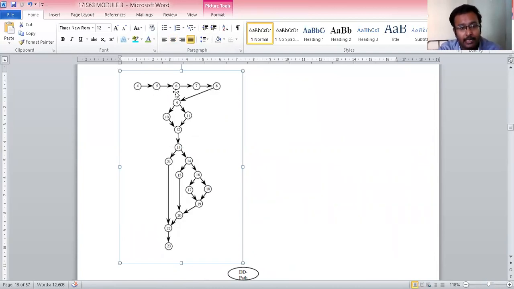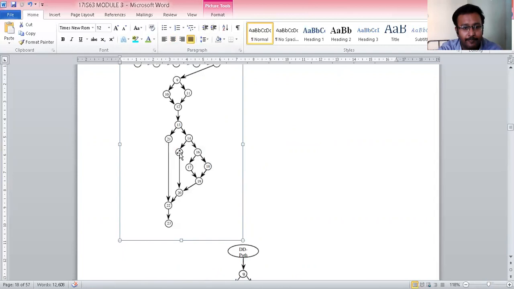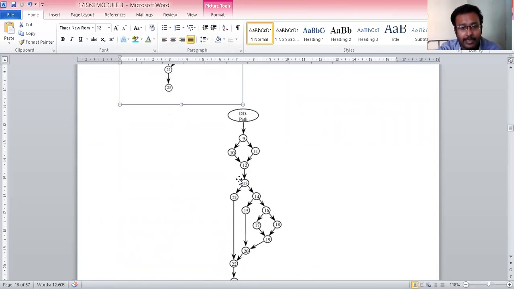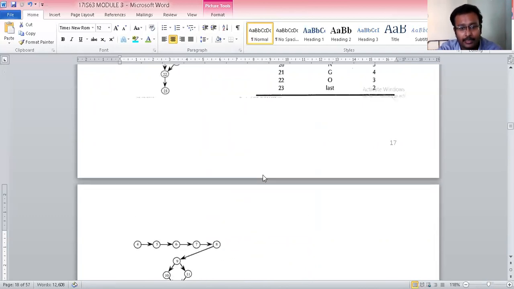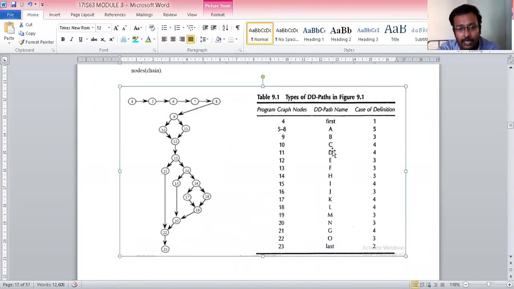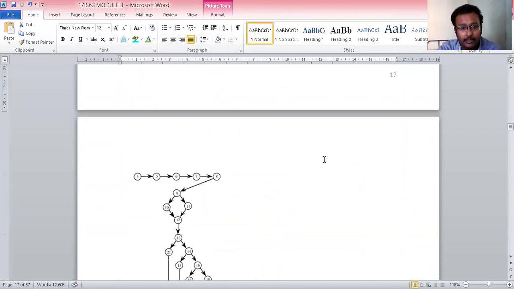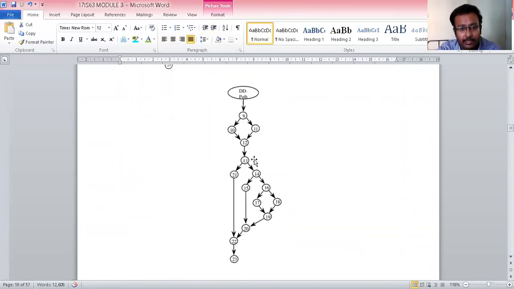Convert each and every line of the pseudocode into these nodes, then construct the program graph. Once the program graph is generated, you can convert it into a DD path by classifying the nodes into 5 types and generating this table. Once you generate this table, it will help you in constructing this DD path.